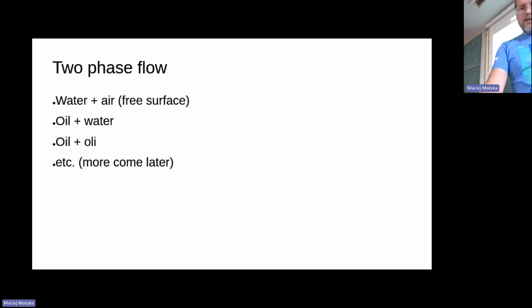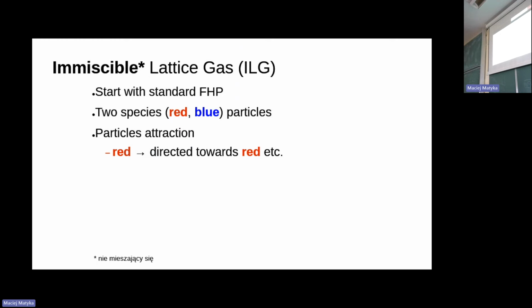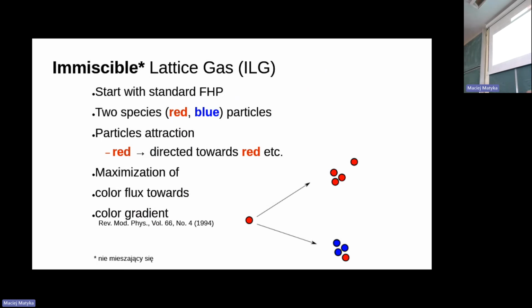And yeah, let's now not talk much about details, but about the overall idea of the model. So you basically get two species of particles on the grid. One, let's call it red, one blue, and you have to assume some interaction. So, for instance, the red can be directed towards red. Yeah, so a particle can be attracted by itself. So it's kind of a chemical reaction, or the particles can be attracted,